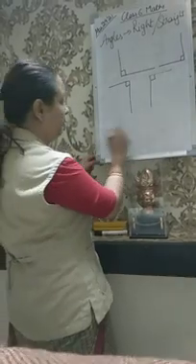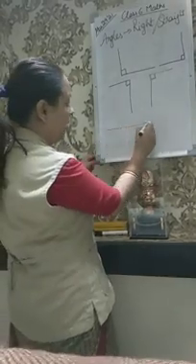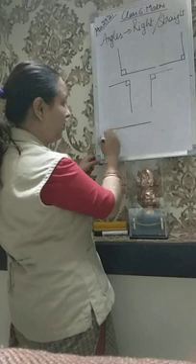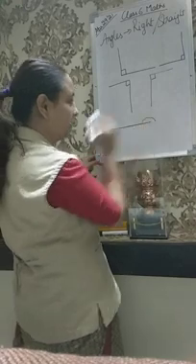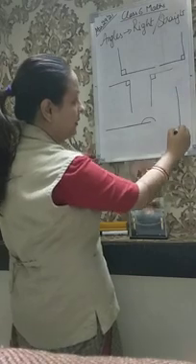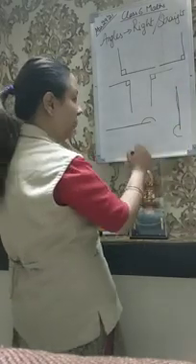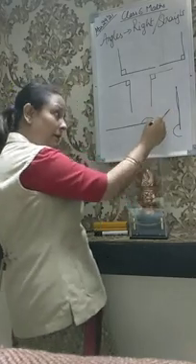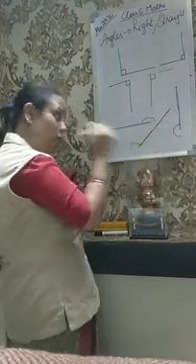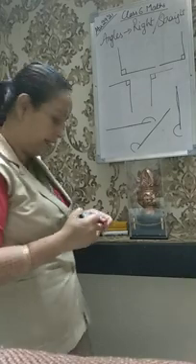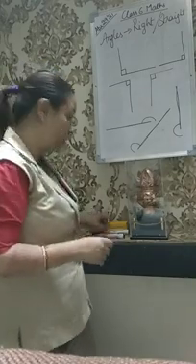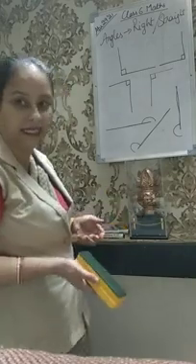Same way, if I am going like this and coming back like this, this is a straight angle. I am going like this, coming back like this. This is also a straight angle. If I am going like this, coming back like this, this is also a straight angle. Fine. A straight line is a straight angle, actually 180 degrees. Understand? Now, how are we going to use it?